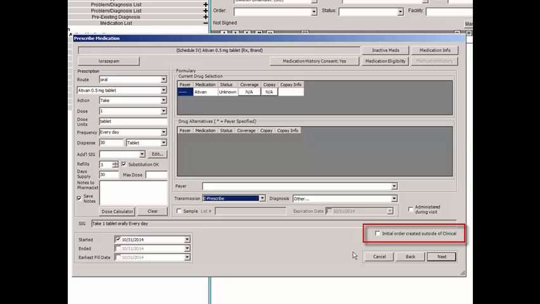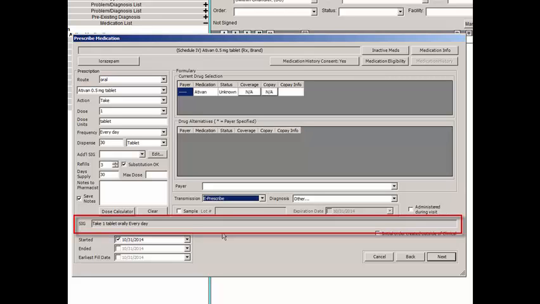You can then check the Initial Order Created Outside of Clinical option if the initial order for this medication was generated outside of the clinical application. When this option is selected, the medication will not be included within the numerator for the CPOE query for meaningful use Stage 2. Once all of the prescription information has been entered, it is recommended that you review the information